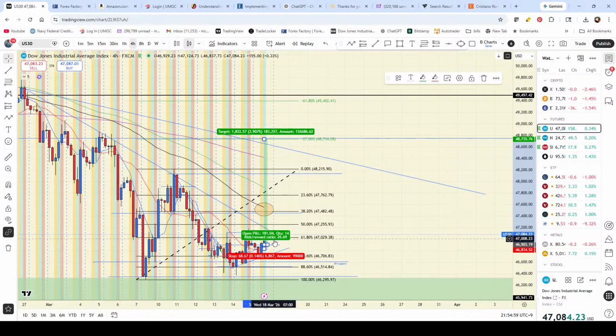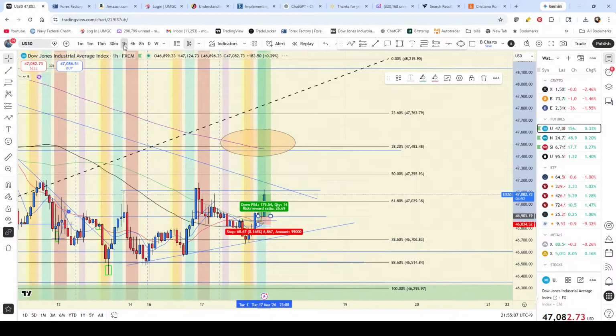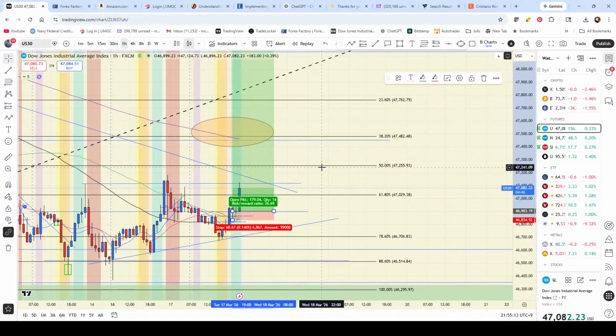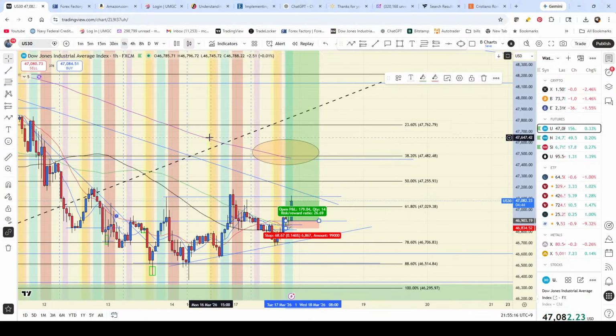Because we always want that, and maybe we could track price up to that, get in and out of price. But being realistic, I can see price aiming for this right here. And if price fails to break this,